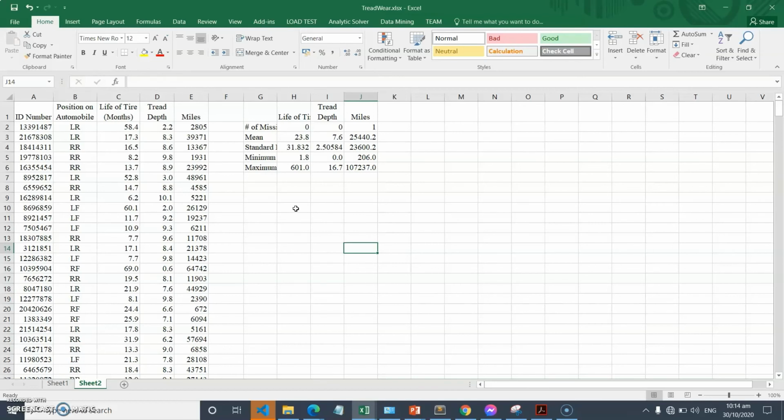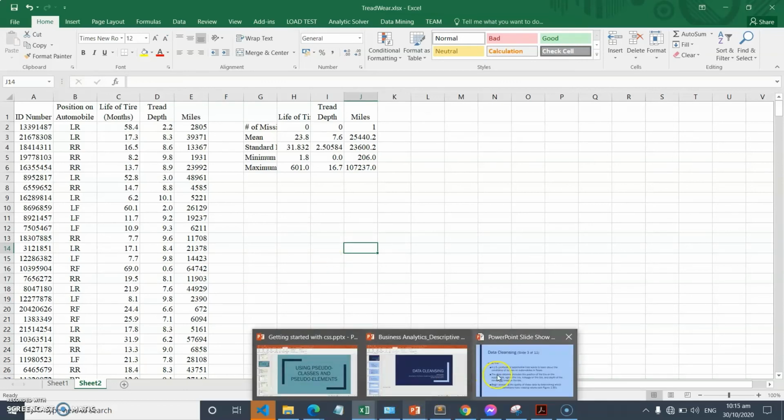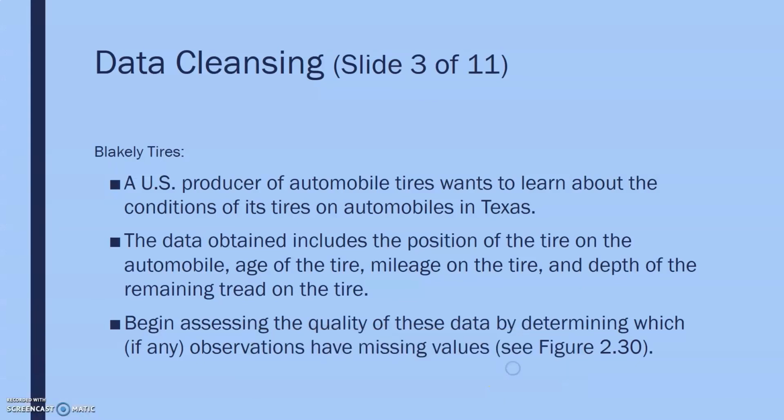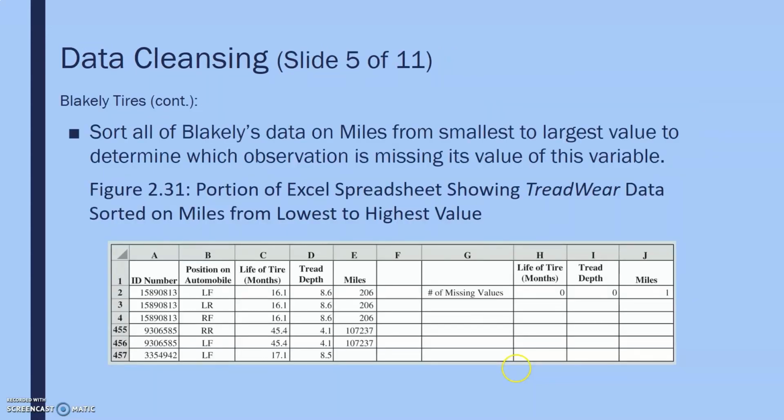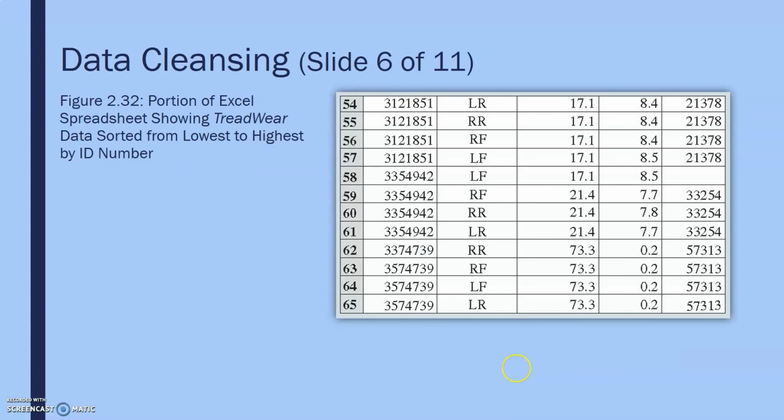Now, we can go to the variable representation. For the variable representation, we have to get the dimension reduction. This figure shows the portion of the Excel spreadsheet showing the number of missing values for variables in the treadwear data. And this shows the portion of Excel showing the treadwear